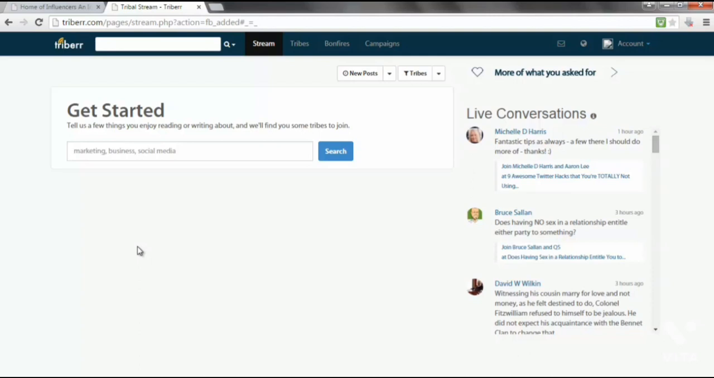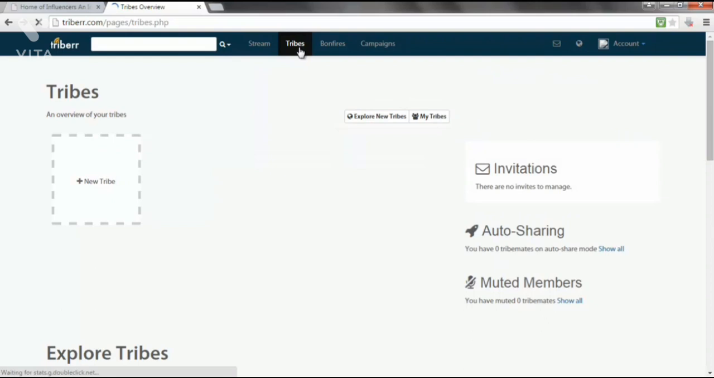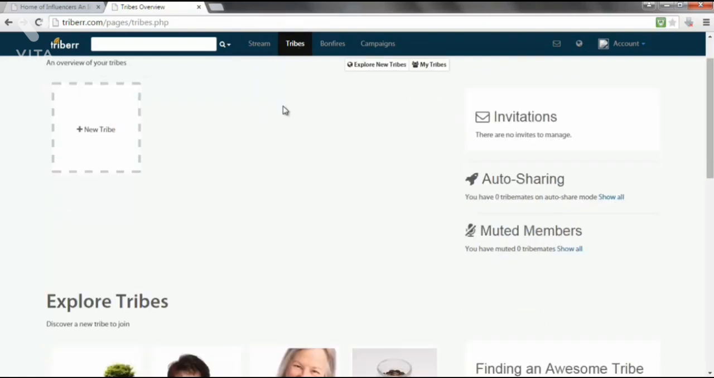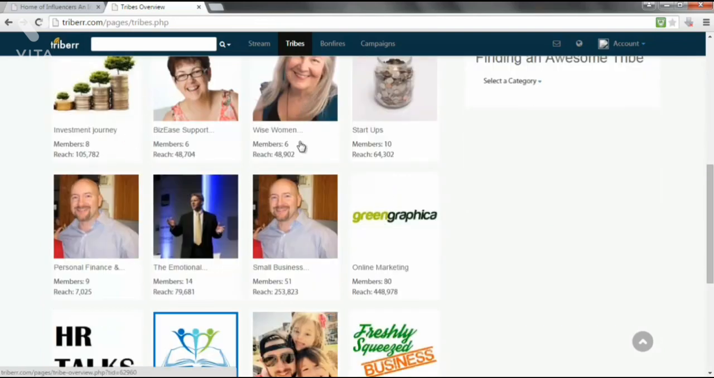So of course, the first thing to do is consider joining some tribes. You will need a blog up and running first, of course. So if you click on the Tribes tab, you could either create your own tribe or join an existing tribe. Now, as you can see, there are different types of tribes down here,